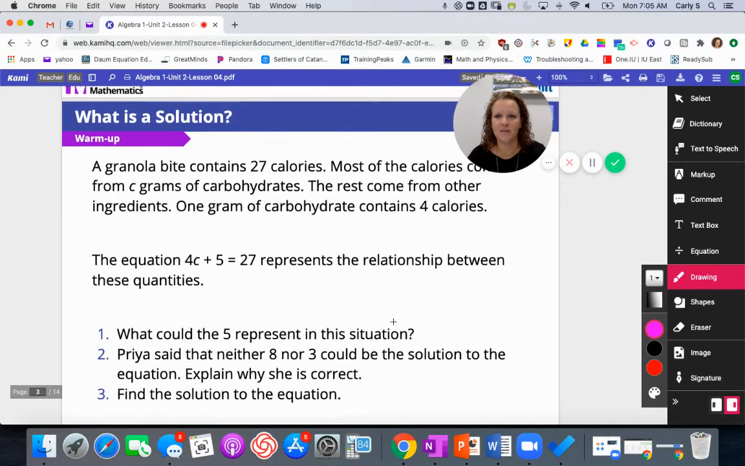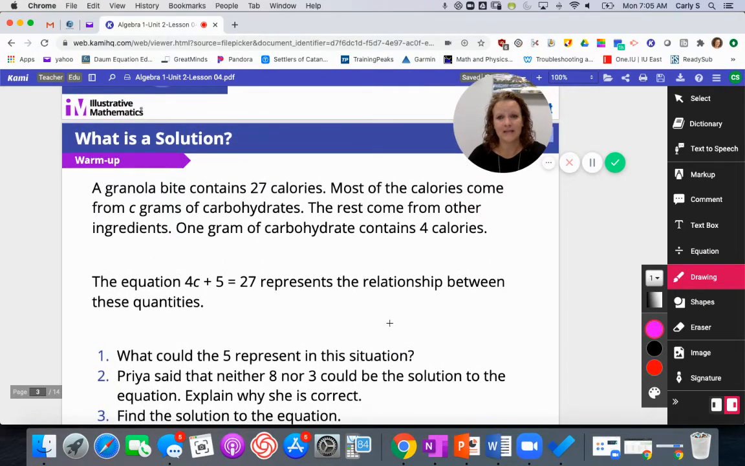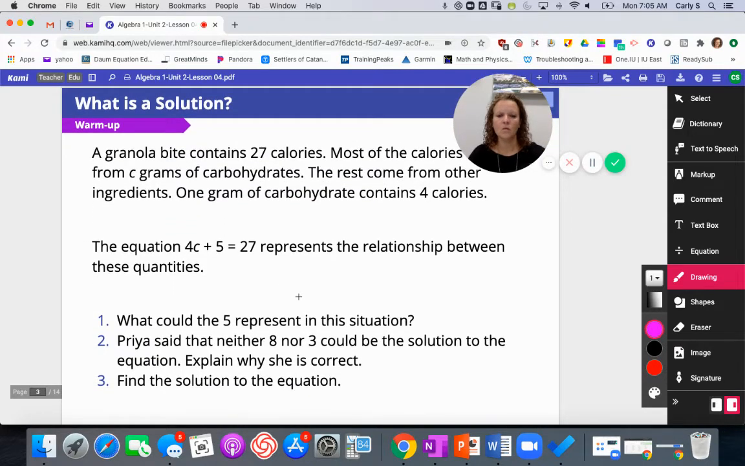Okay, so let's jump on in with a warm-up. A granola bite contains 27 calories. Most of the calories come from C grams of carbohydrates. The rest come from other ingredients. 1 gram of carbohydrates contains 4 calories. So 4 times C plus 5 equals 27 represents the relationship between these quantities. Okay, let's see. What could 5 represent in this situation? We know that C is